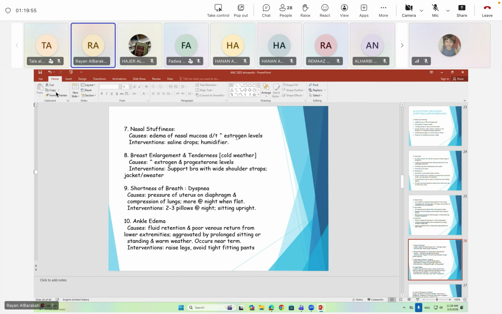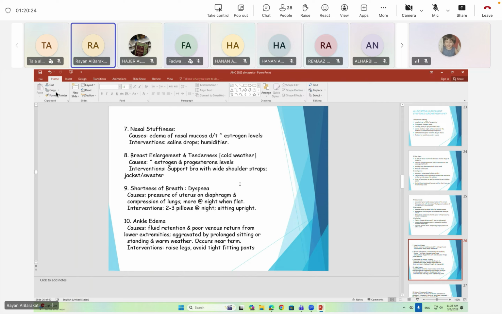This is due to estrogen levels increase, and intervention can be saline drops or a humidifier, a device for saline and steam. Breast enlargement and tenderness, these are caused by estrogen and progesterone levels, as now the breast